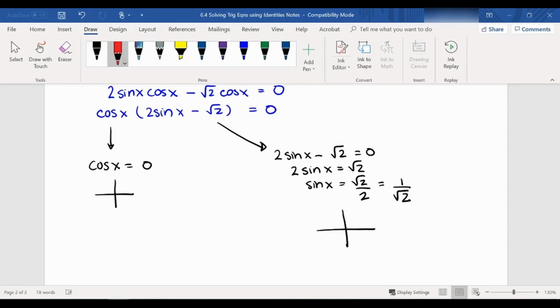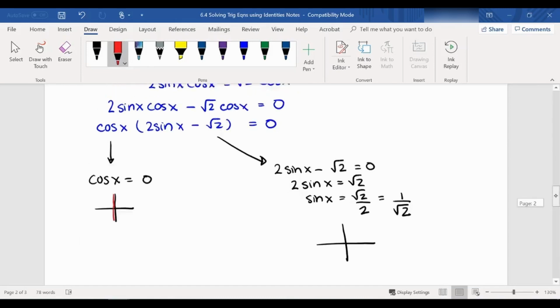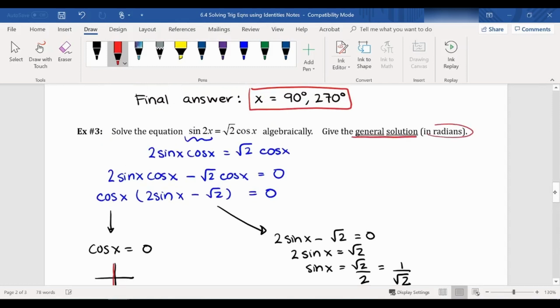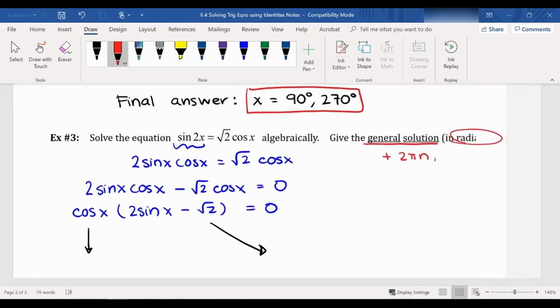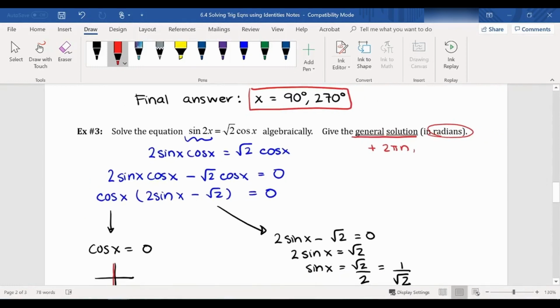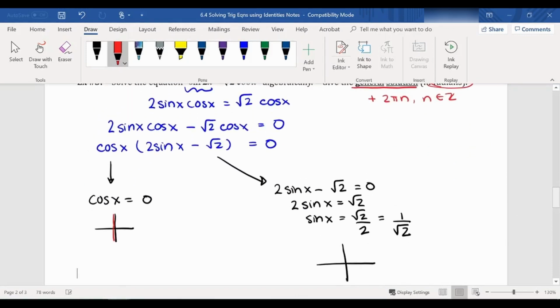Cosine again is 0 on the y-axis. Okay, it asked us to give a general solution in radians. So general solution means we need the plus 2 pi n since we're in radians, where n is an integer. Okay. So for the cosine answer, we have pi over 2 for the top and 3 pi over 2 for the bottom. So we can either write this as pi over 2 plus 2 pi n, where n is an integer, and have a second answer,